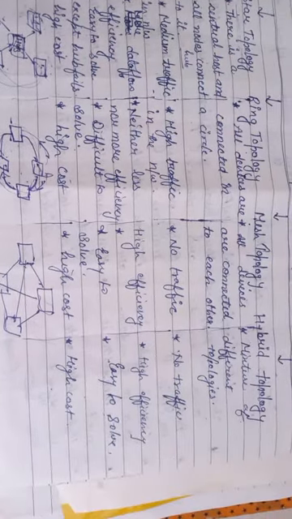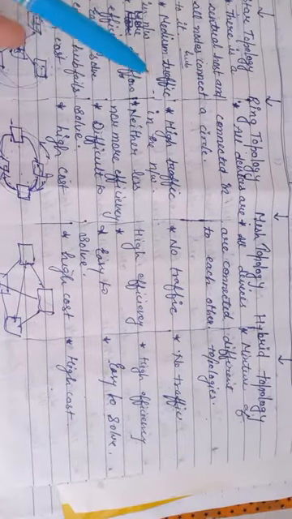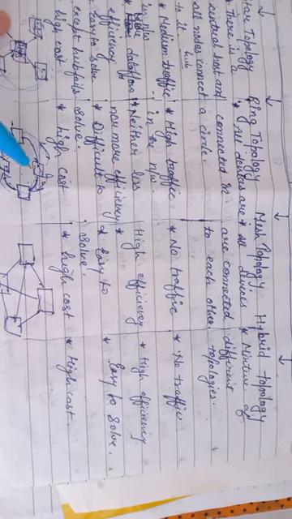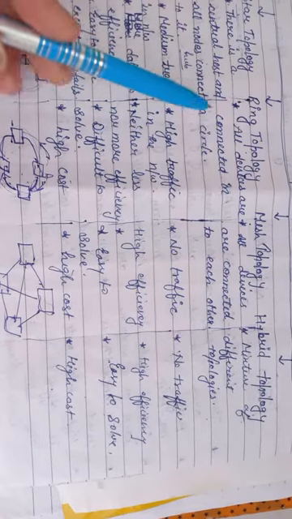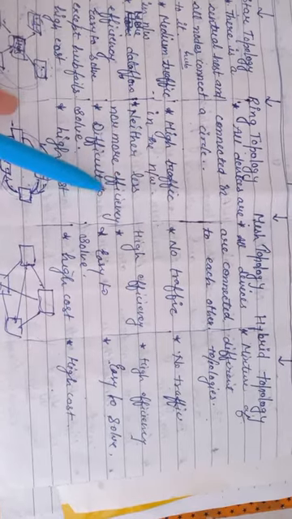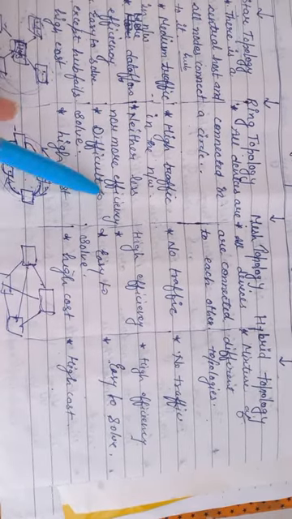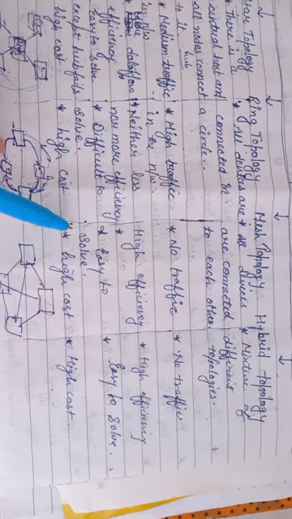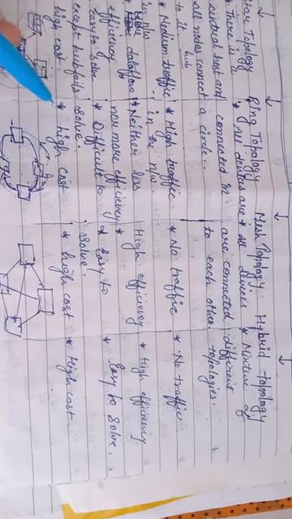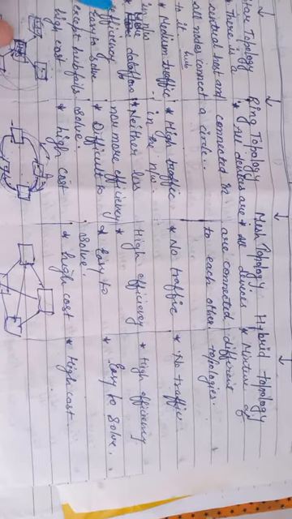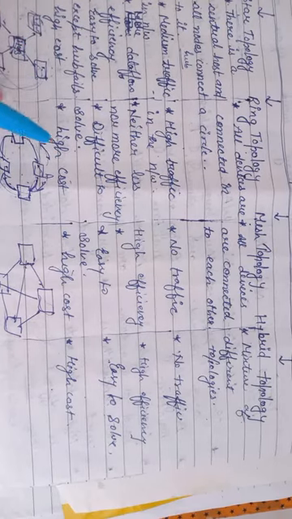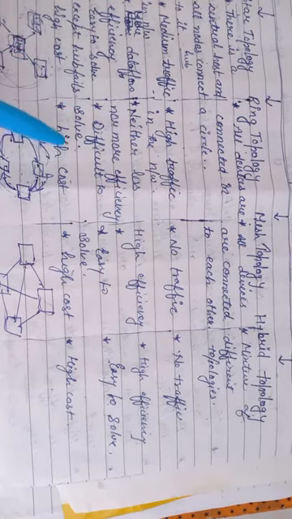Next topology we have is ring topology. In this topology all are connected in a circular fashion in the shape of a ring. They are connected in a circular pattern and there is high traffic in the network. Its efficiency is moderate. We can say neither is it high nor is it low. It is also very difficult to recognize the problem and where the failure has occurred, and it takes efforts to solve the network failure. There is a high cost of installation.